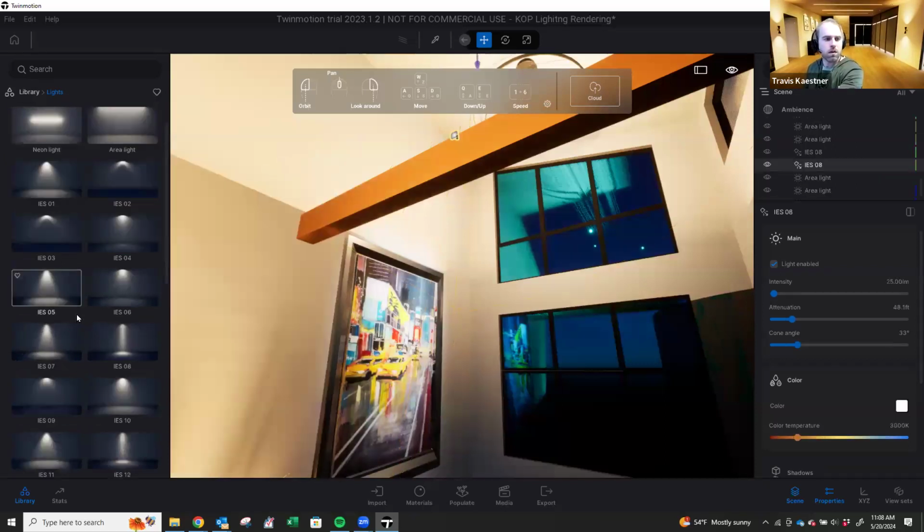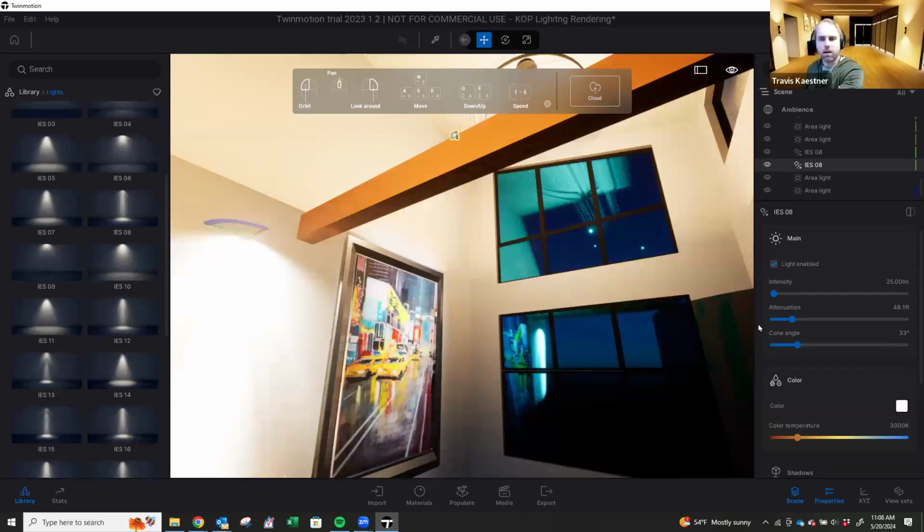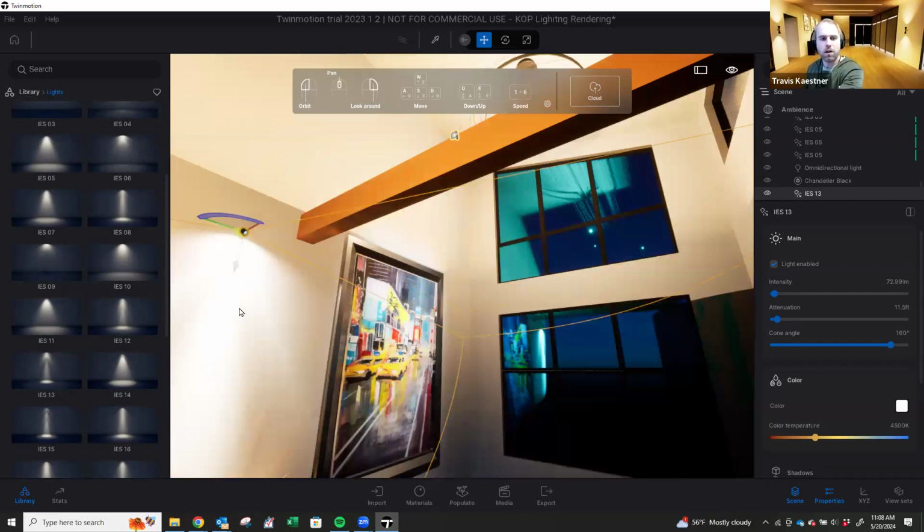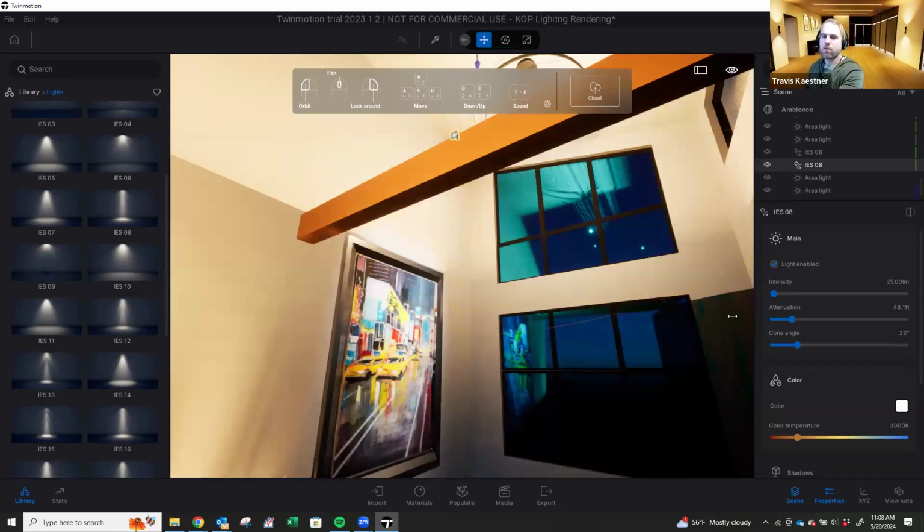See if I can show you what I'm talking about here. Yeah, that one kind of has it. You can kind of see the double, how there's a wider beam angle out here, and then there's a more narrow one there. However, the only issue that's not very favorable with Twinmotion is it doesn't have two cone angles,